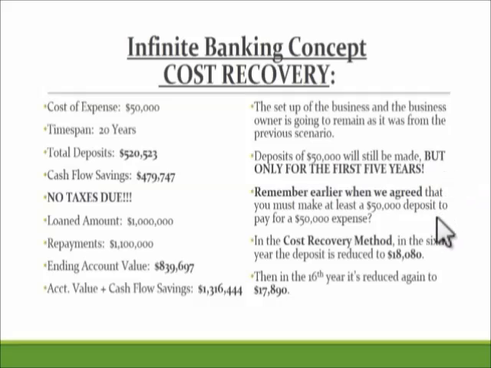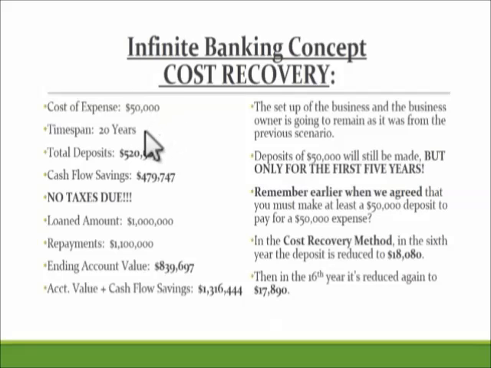Remember earlier when we agreed that you must make at least a $50,000 deposit to pay for a $50,000 expense. In the cost recovery method, in the 6th year, the deposit is reduced to $18,000, and then in the 16th year, it's reduced again to $17,890. So you still have this targeted expense of $50,000